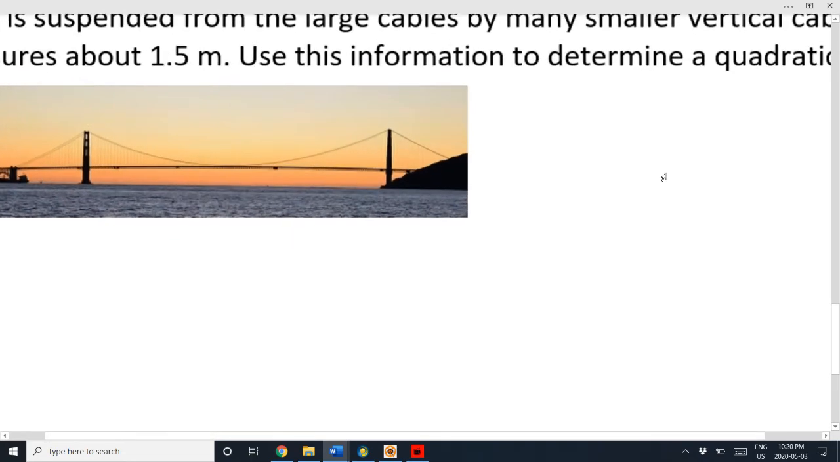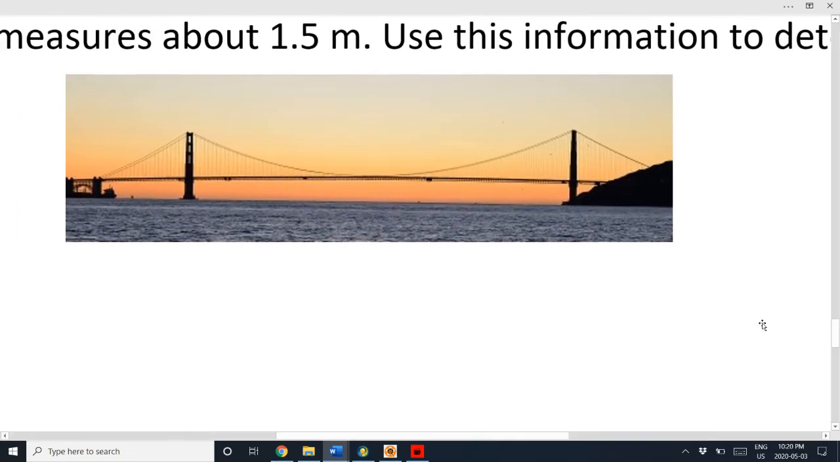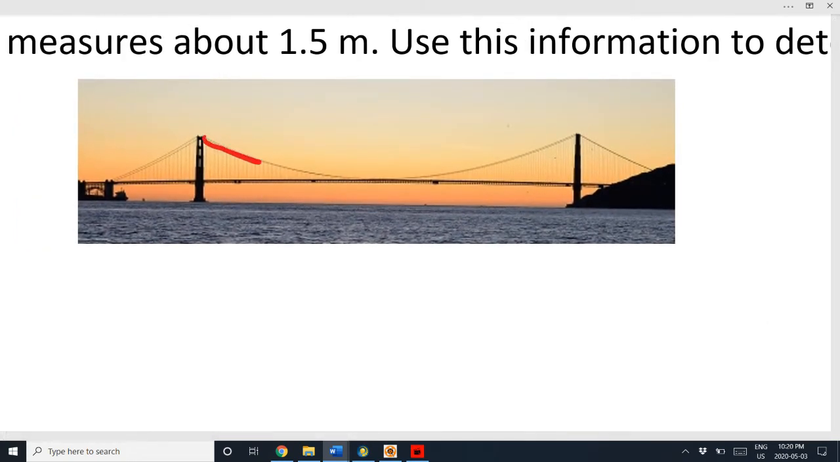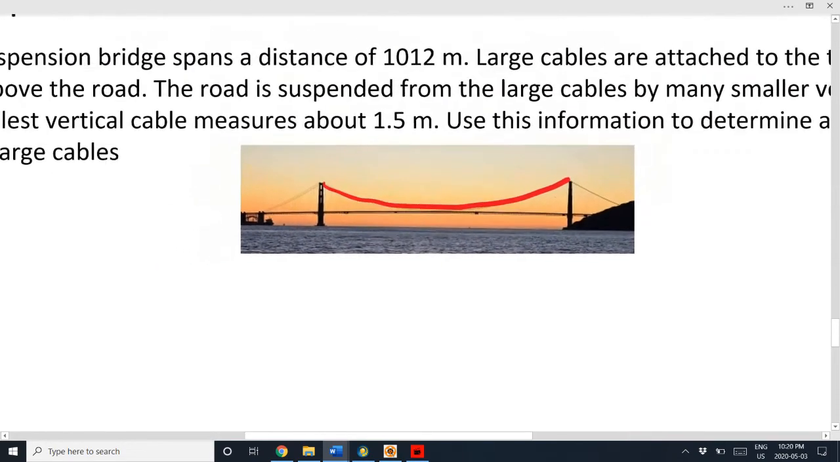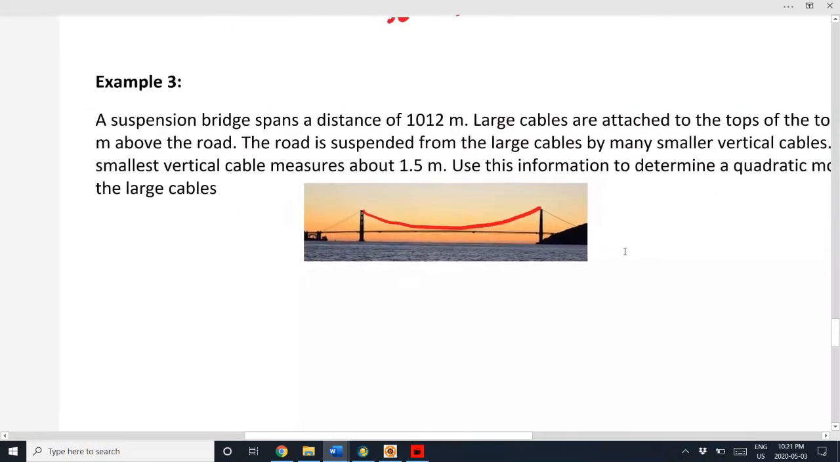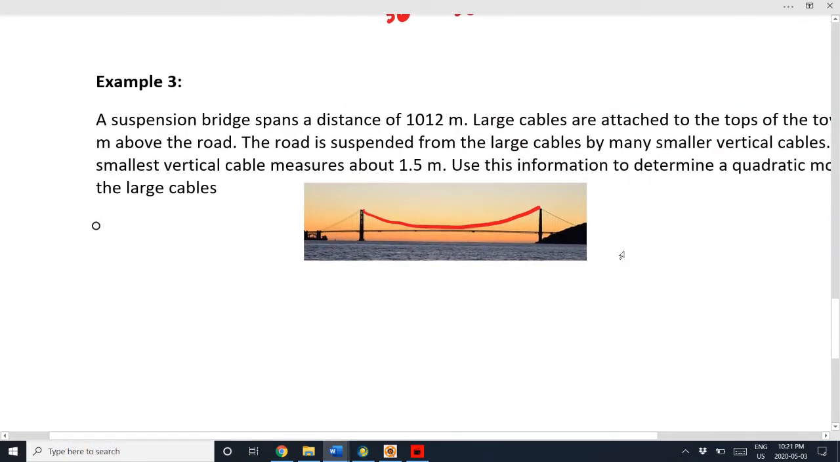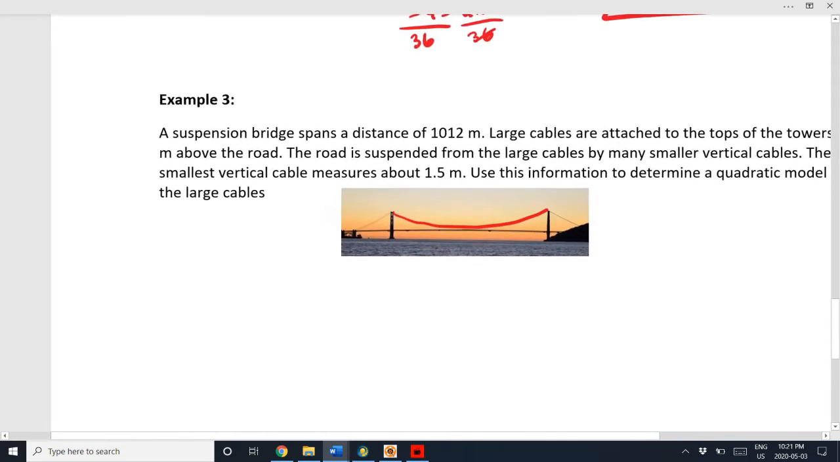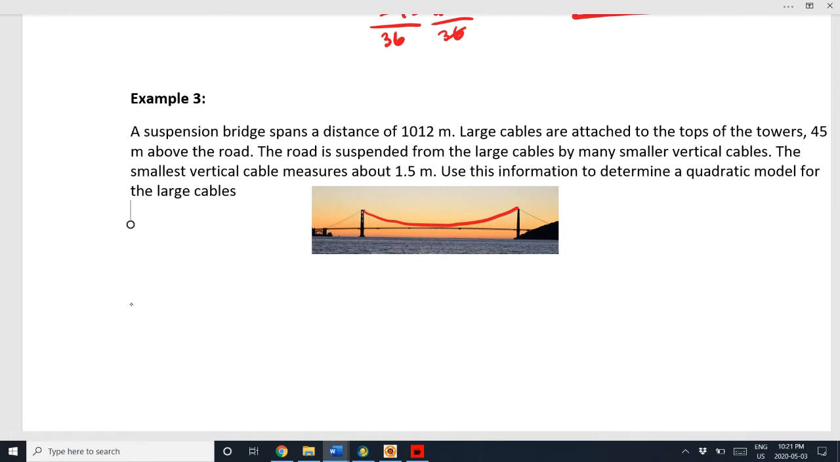So if you guys don't know, this is what a suspension bridge looks like, and you can see that these large cables here model a parabola. And so we want to figure out what that parabola is. What is that equation? And so we're going to use a very similar idea from the previous example to help us solve this example here. So let's start off by drawing a model of that parabola over here. So we have some information. Okay, we'll draw a model of this